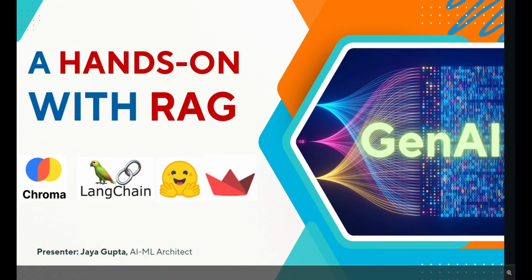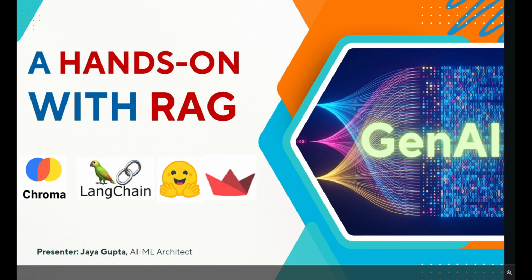I am Jaya Gupta and we are going to learn the real-world use case of RAG fundamentals, and we'll build a basic chatbot-like interface, which is where RAG is working behind the scenes. Whether you're a developer, a data scientist, or just someone curious about how Gen AI works, you are at the right place. And let's begin our session for today.